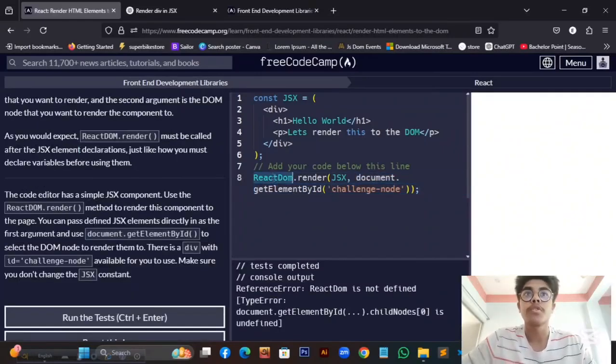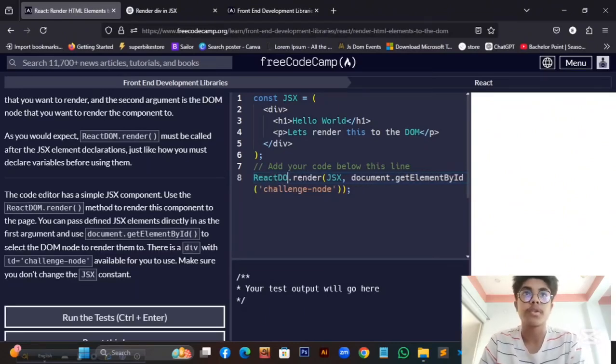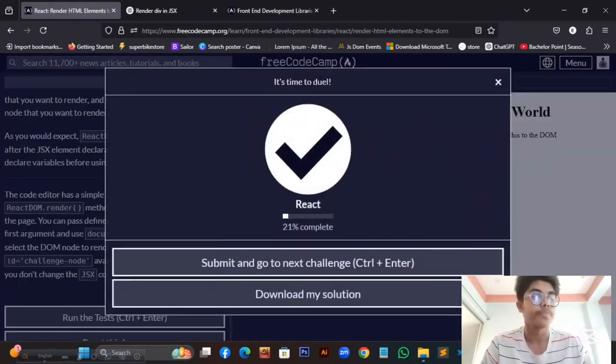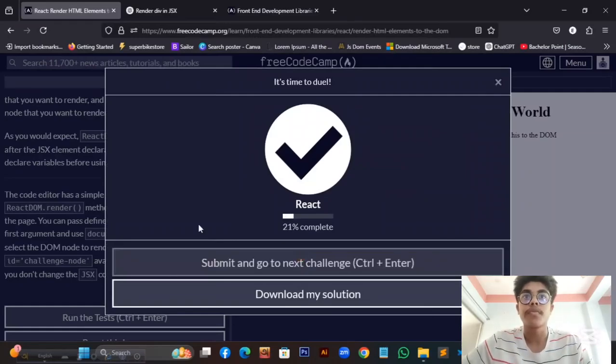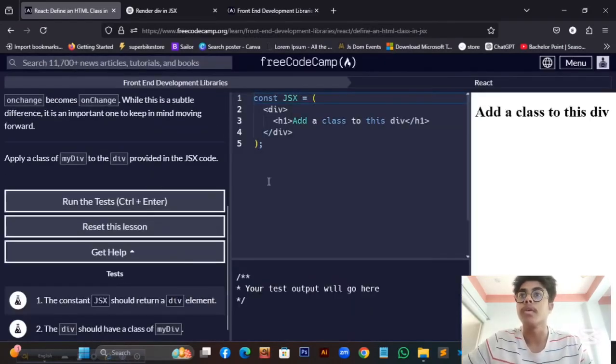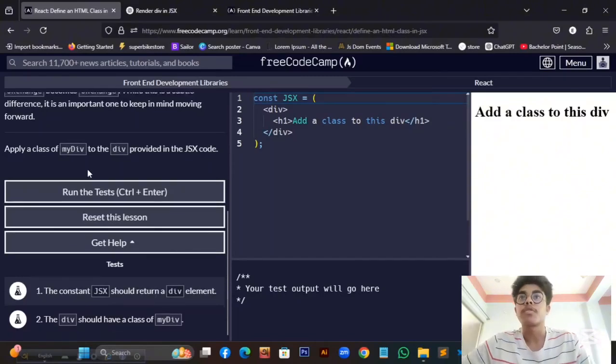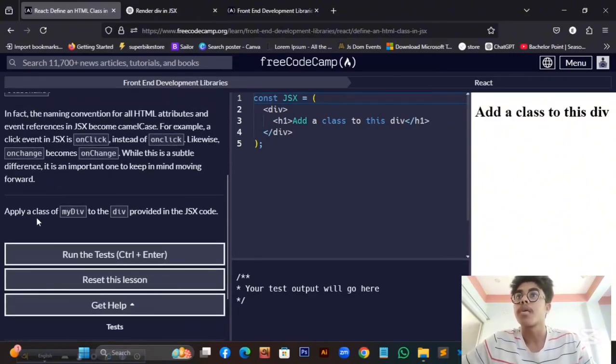So here is the corrected ReactDOM, and then if we click yes,